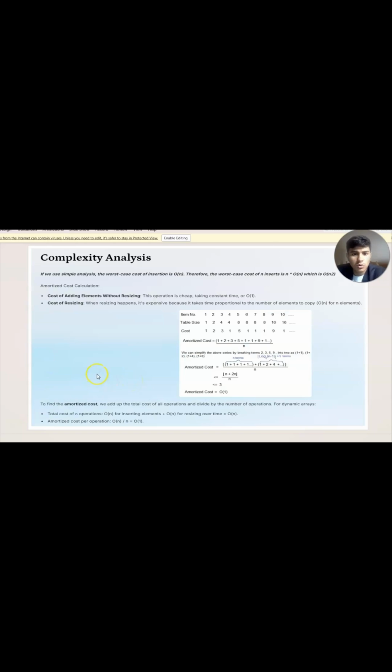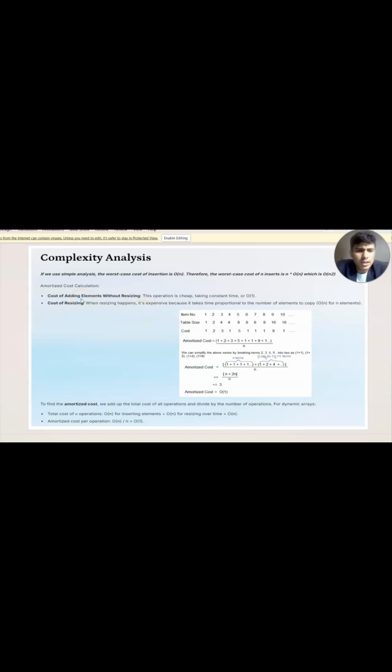Simple. Then we can add 6, we can add 7. This process continues until 8. Then for adding 9, we have to resize again as there is no empty index left. So we will see what actually happened above. We will do the complexity analysis of the above example.